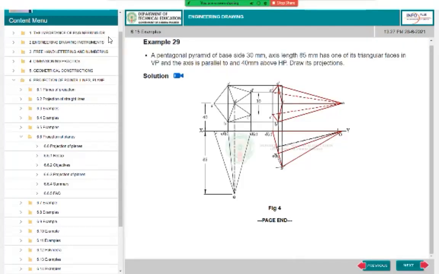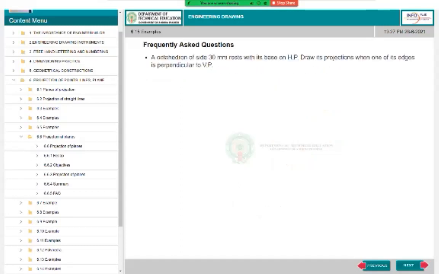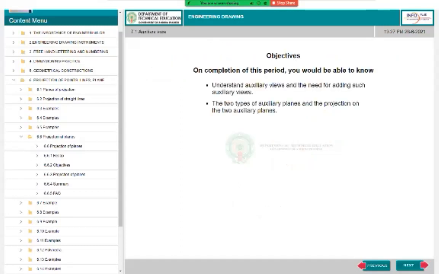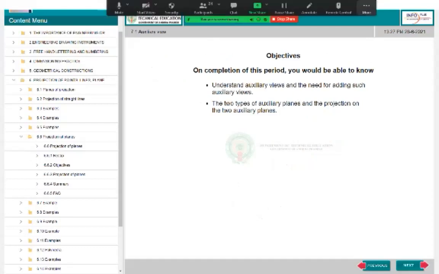So that one says the pentagonal pyramid of base side 30 mm, axis length 85 mm has one of its triangular faces in the vertical plane, and the axis is parallel to and 45 mm above the horizontal plane. Okay, that one you can draw like this, in two stages. Auxiliary views is completed, and after this, I will show you